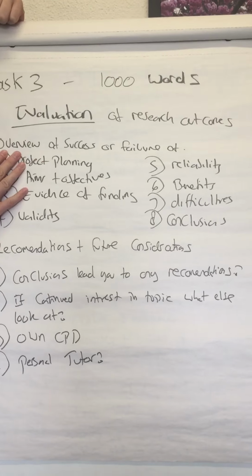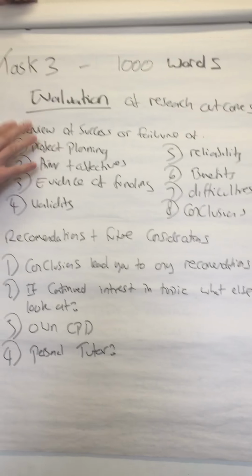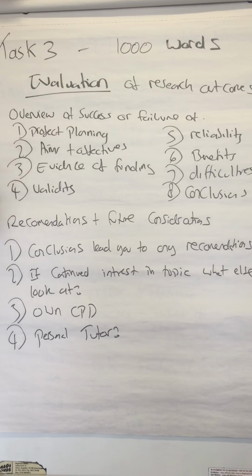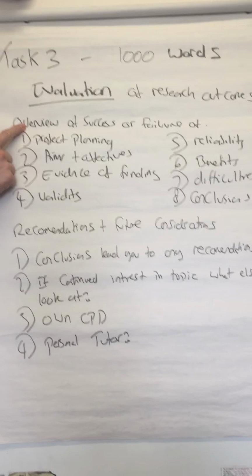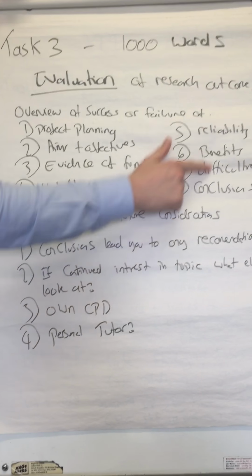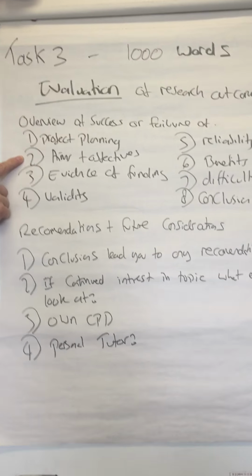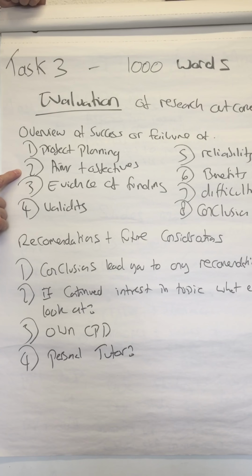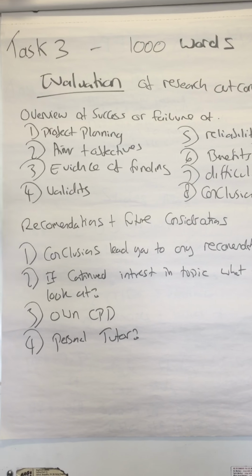we're going to be looking at your actual research project pretty much all together. So it could be looking at your methodology, looking at your final research paper. So we're looking at basically the success or failure of these here. So in your module handbook, it is very detailed as to what it is you need to do here. Okay, so we're pretty much looking at what went well, what didn't, and maybe why.